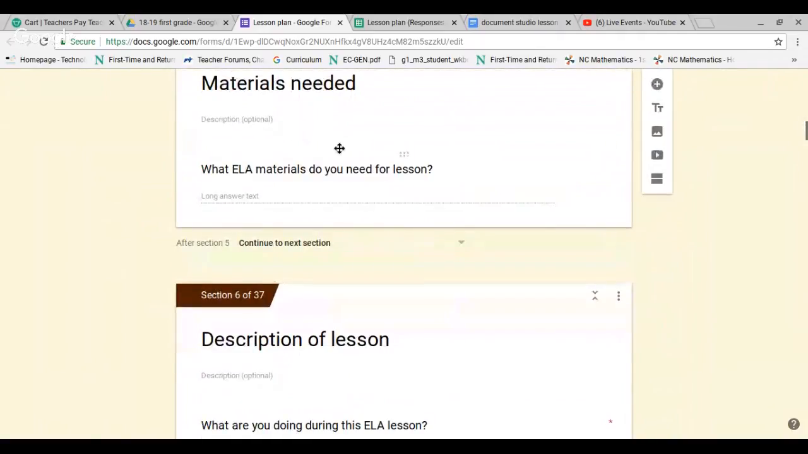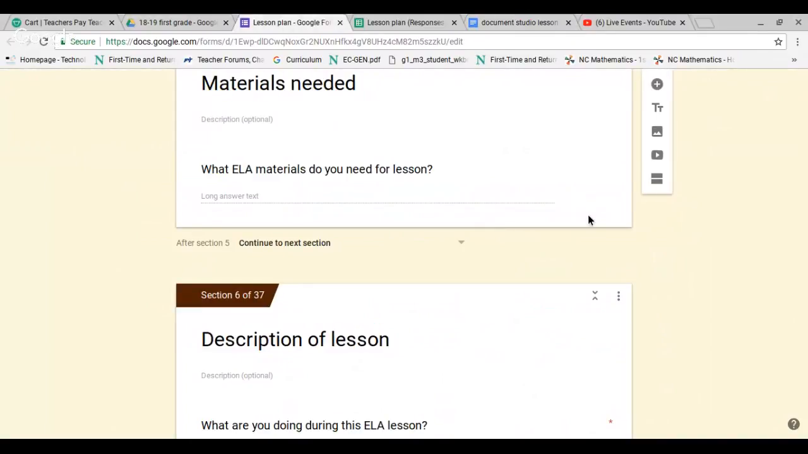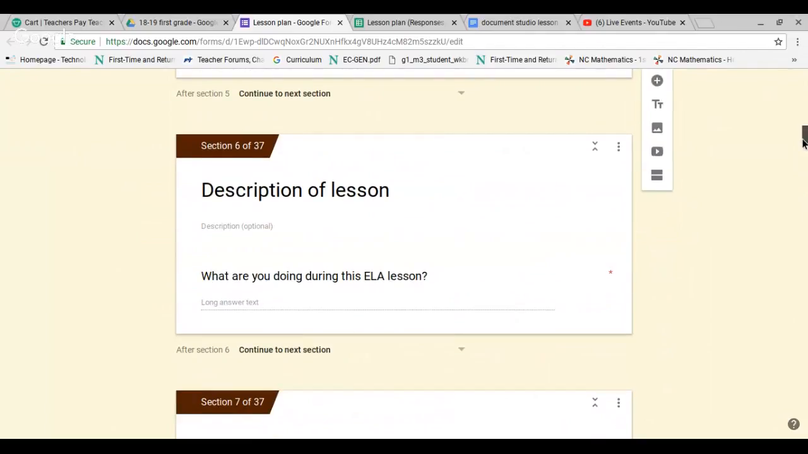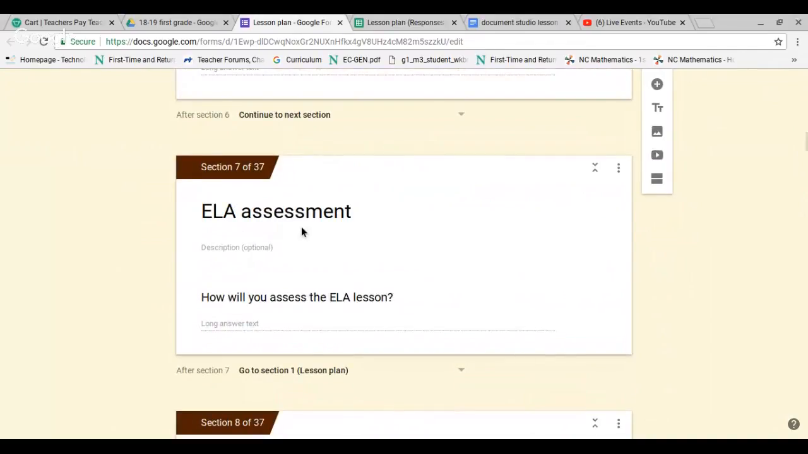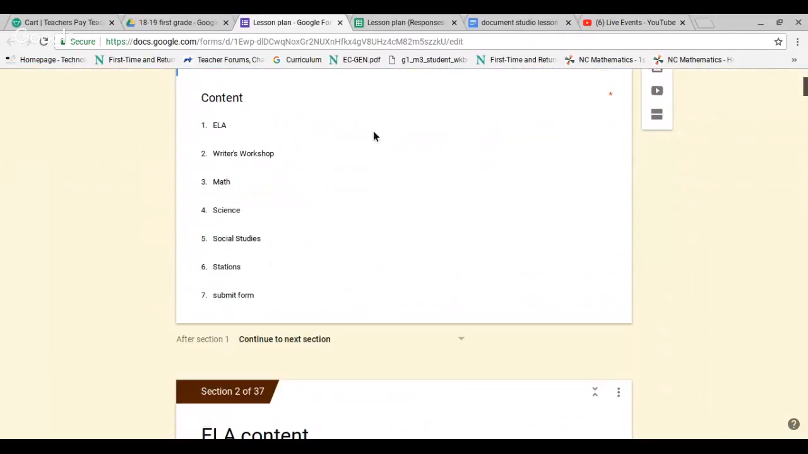Here's your area of materials needed, which you can tell is all connected. ELA materials, ELA vocabulary. So your ELA description of lesson, if you'll look, description of lesson is right here. So it just all connects. And then when you get down here to the ELA assessment, I've got it hooked up so that it'll go back to this first screen up here,